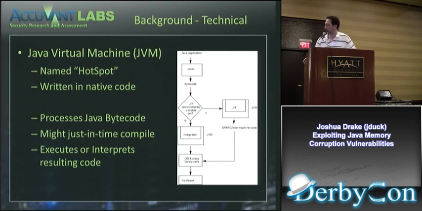Here's a little picture that I got out of an older copy of the same white paper. It talks about how Java code is compiled into bytecode. Then once the JVM runs the Java application or applet, it'll just-in-time compile that into native code. There are some cases where it doesn't JIT. If it doesn't JIT, then it will still be native code underneath that's interpreting the bytecode.